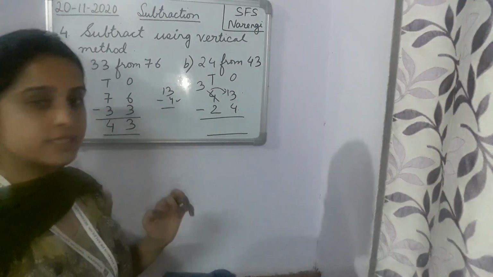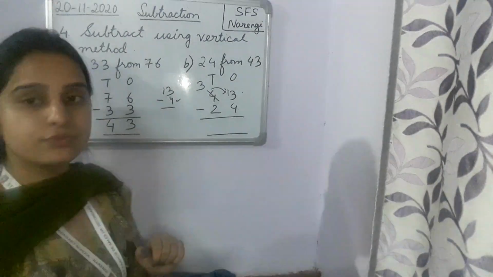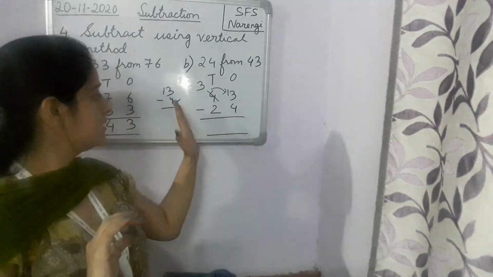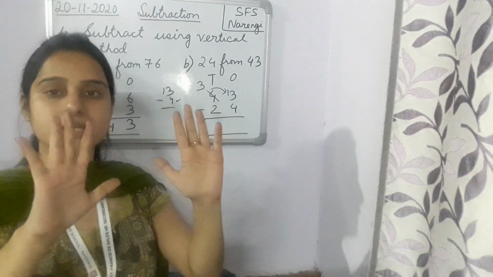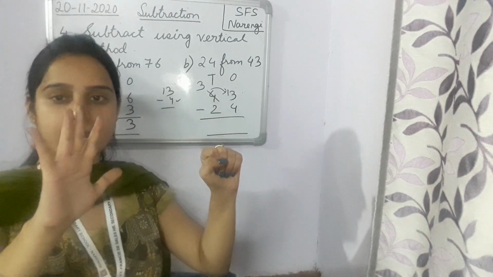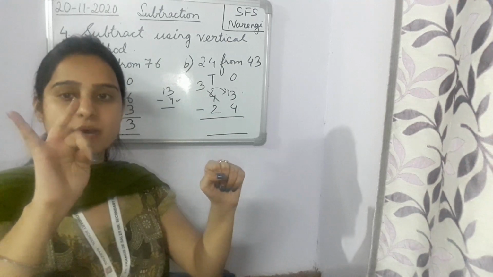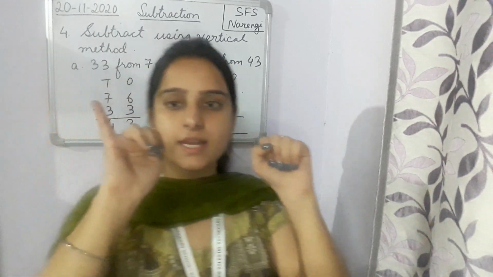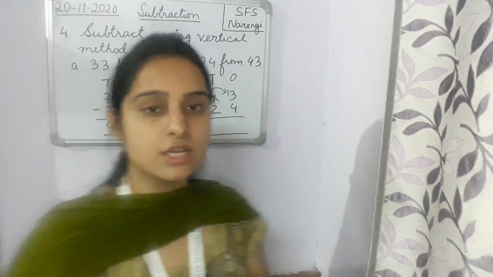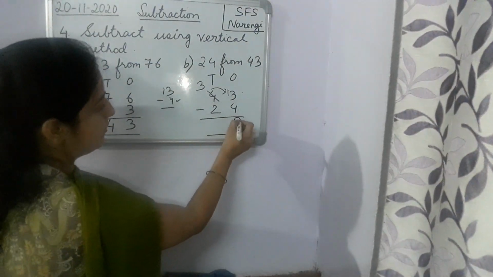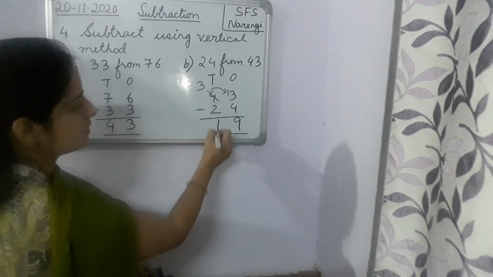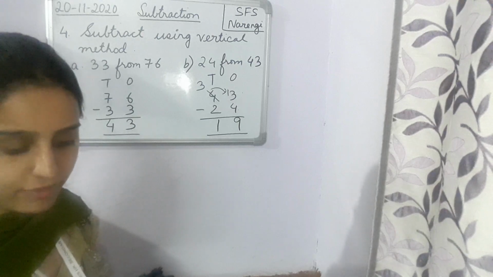Okay. Let's do it again. 13 minus 4. So we'll start counting after 4. Okay. Open all the fingers. Now let's start counting after 4. 5, 6, 7, 8, 9, 10, 11, 12, 13. So children, how many fingers are closed? You just see there are 10 fingers and 9 fingers are closed, right? So what is the answer? 9. Here it will come 9. Clear? And this is very easy. 3 minus 2 is 1. Is it clear to everyone?